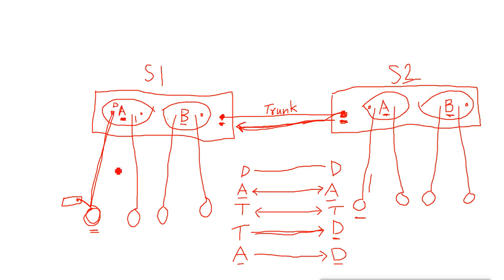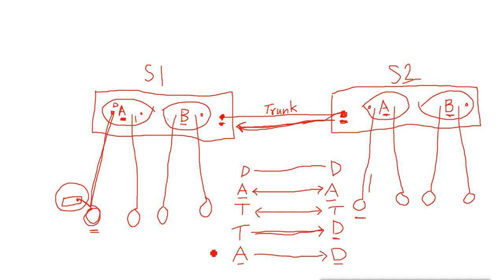Now what is the risk of converting the port into trunk? It will become a member of all the VLANs, and it will get all the data from all the VLANs, which means it can get information from the other VLANs also, which I don't want. I want this machine to get only the information from VLAN A, but because it is on desirable, users can do this, and this is a security problem. That is why when we make a port a member, we run the command switchport mode access, so that it will become permanently access. So if anyone sends a request for doing the trunk, it will not do the trunk.